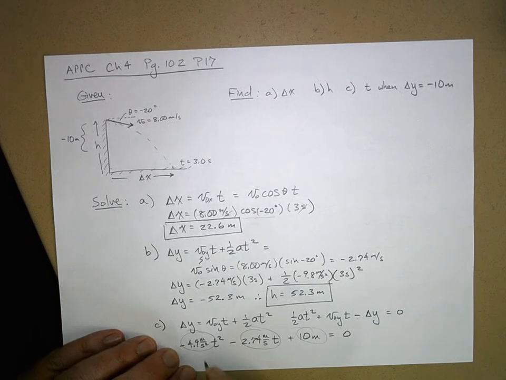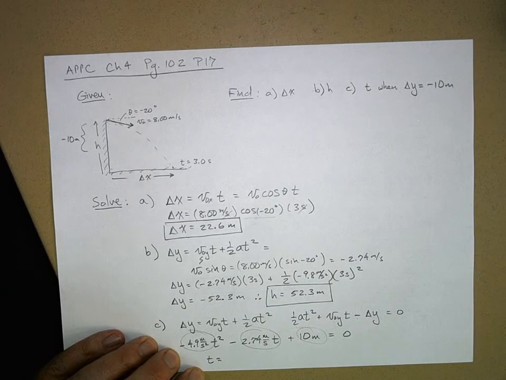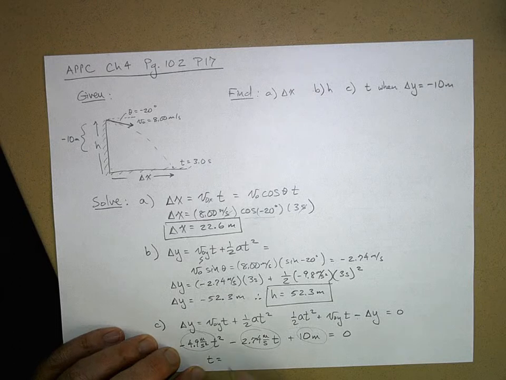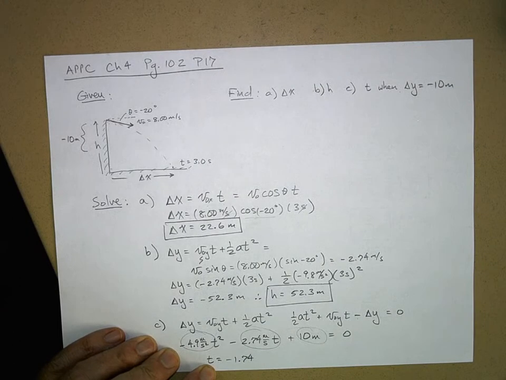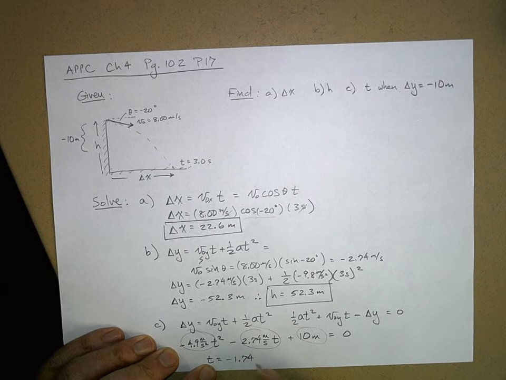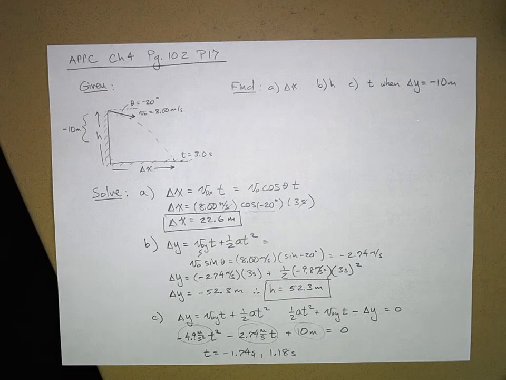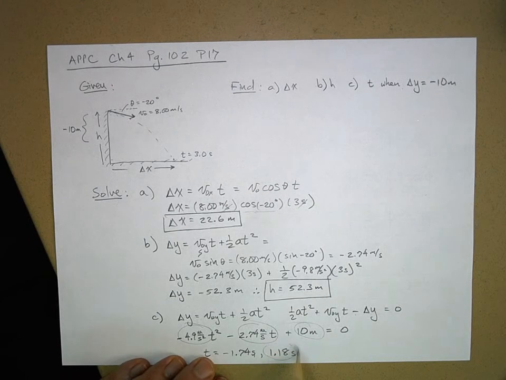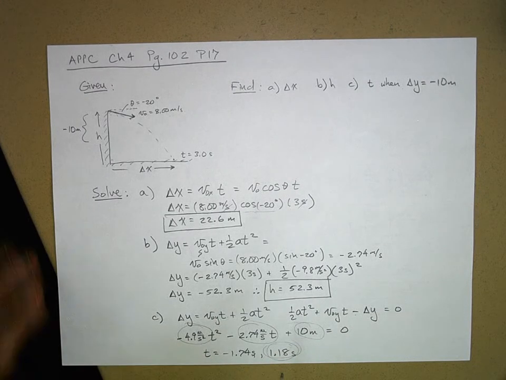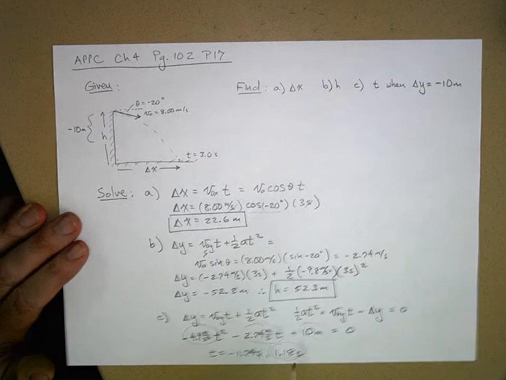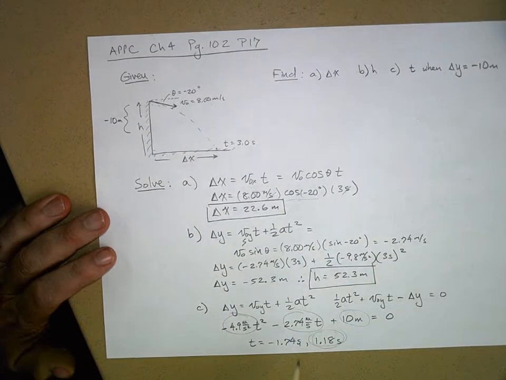When you do, you get t equals negative 1.74 seconds, or 1.18 seconds. Now, which one are we concerned with? Well, we want to go forward in time. If I were to go back in time, this actually makes sense in that